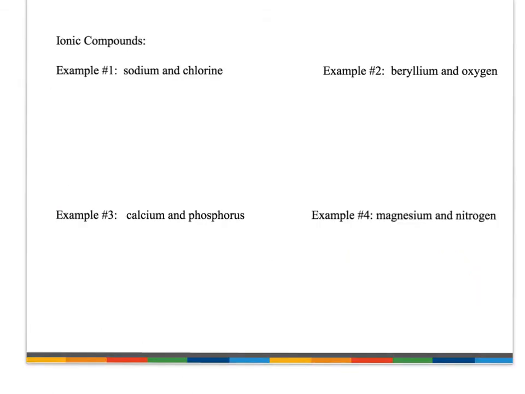What we're going to do now is look at some ionic compounds more closely to see exactly what's happening with this loss and gain of electrons. So the first one that we're going to look at is example 1, which is sodium and chlorine. And how I'm going to represent sodium and chlorine is very much like I did in the high school cafeteria. Sodium is its own table, and it has 1 valence electron, so 1 chair, and chlorine, the symbol for chlorine is Cl, and it has 7 valence electrons, so 7 chairs,